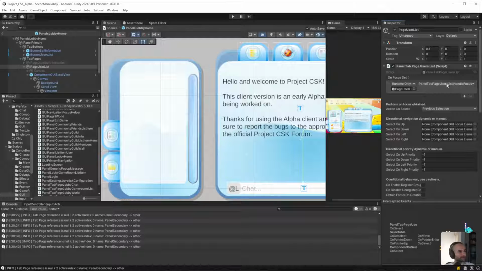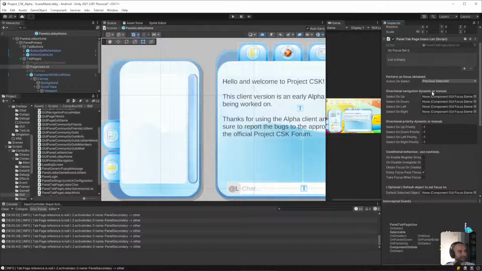That's not right. That shouldn't be there. Okay, so that's the first thing I think, is that shouldn't be there, because this logic no longer exists. Whoops, almost dropped that. Definitely don't want to drop that. Okay, so that's not right there. So what this should be doing is going and redirecting that focus.